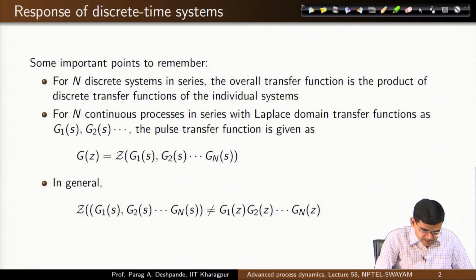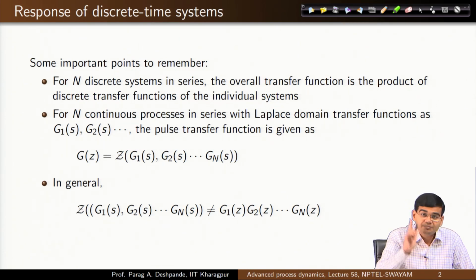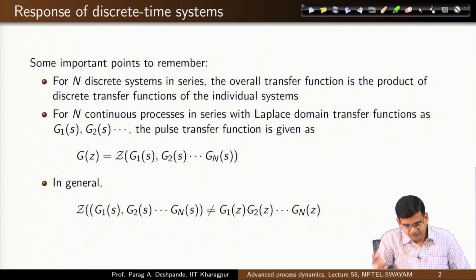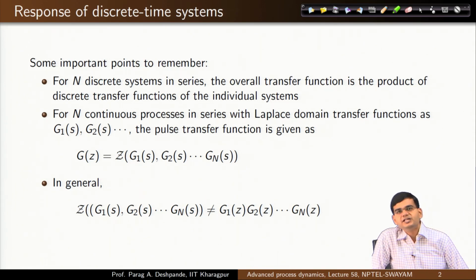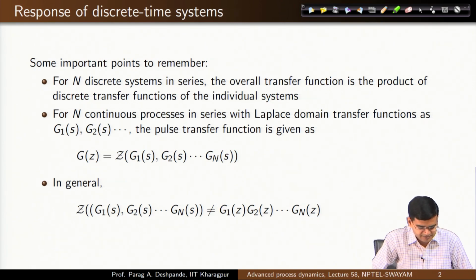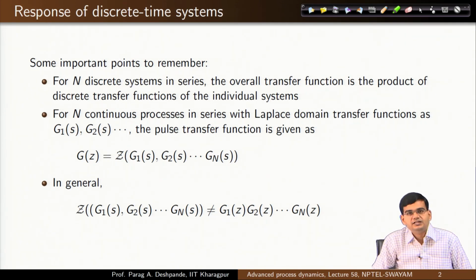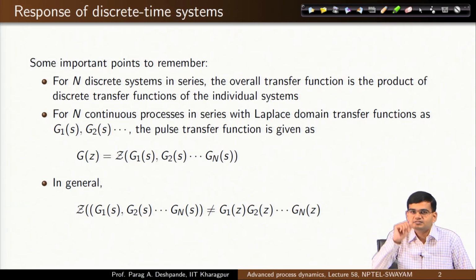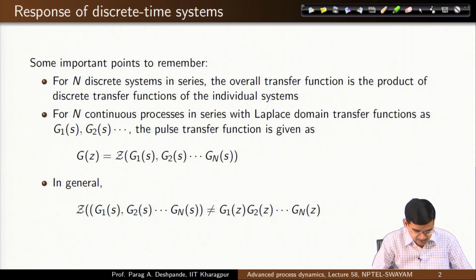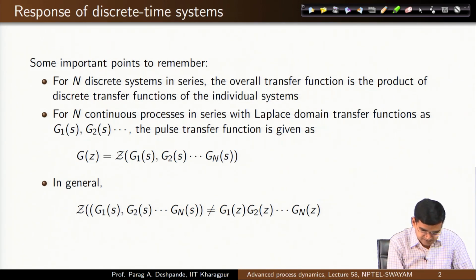For n continuous processes in series with Laplace domain transfer functions as G1s, G2s and so on, the pulse transfer function is given as this formula. Well, did we make use of this fact beforehand? Well, we did. What this fact says is that g of z is the z transform of the individual transfer functions in Laplace domain. So, let us see if G1